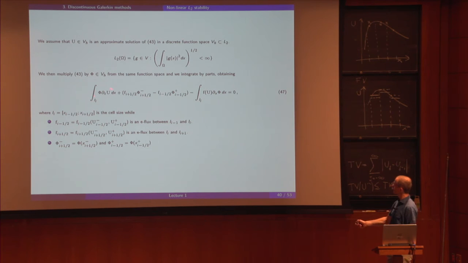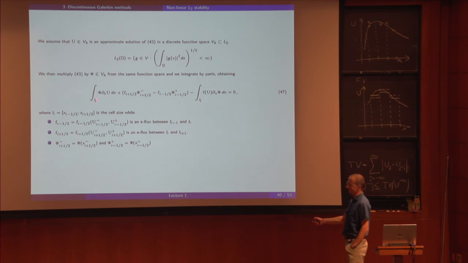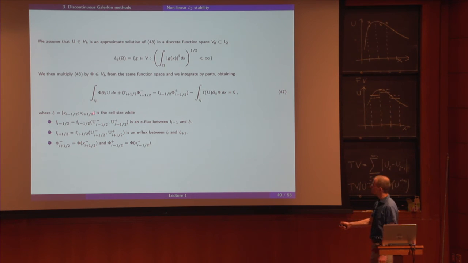So there is this term, the first one, then there is the flux difference minus the volume integral with the derivative shifted on phi, where here I am integrating over the single cell I, and I have here an efflux, so the flux here must obey the two conditions I've described in the previous slide, must be an efflux between I minus 1 and I, and the second flux is an efflux between I and I plus 1. Okay, now,